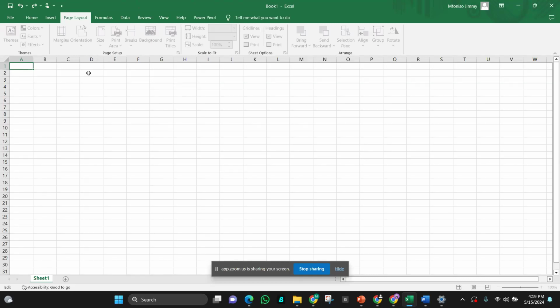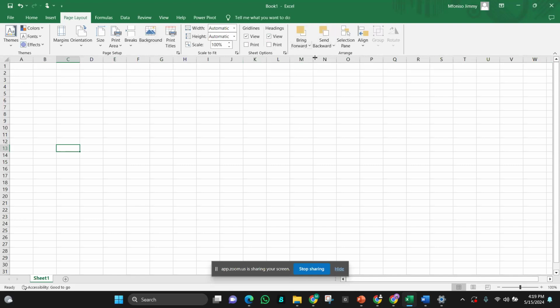Grid lines: have you seen these lines in between, like the lines of an exercise book? Those are known as grid lines. Then headings are the column headers, the A to Z, and the numbers as long as it goes. Those are the headers.